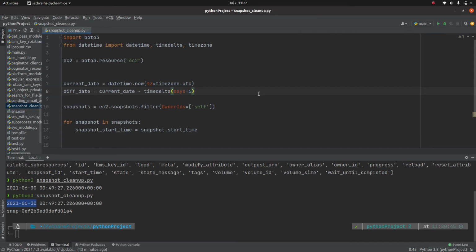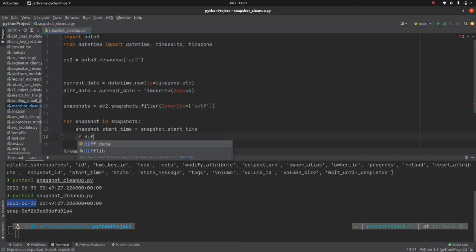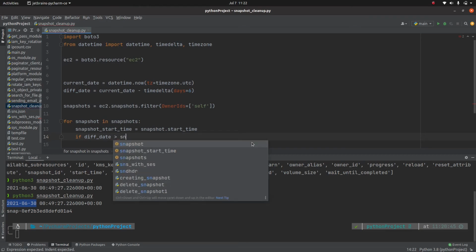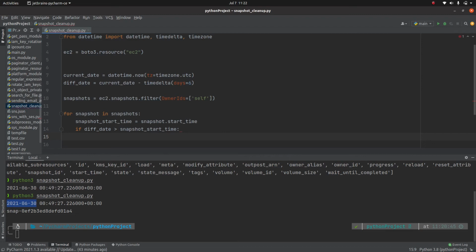So now what we can do is write an if statement. If the difference in date is greater than the snapshot start time. Okay, so let me explain this one more time. This current date, which is today's date, July 7, minus 6 days. We want to calculate the difference between those. If this difference in date is greater than the snapshot start time, then what we can do is